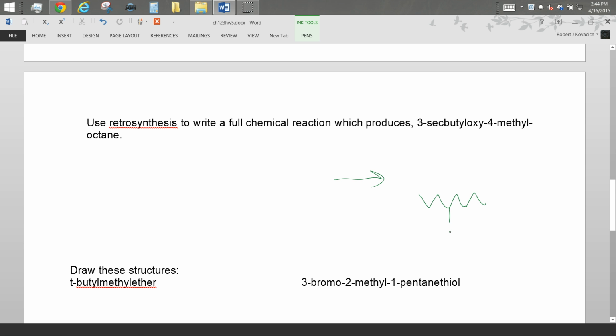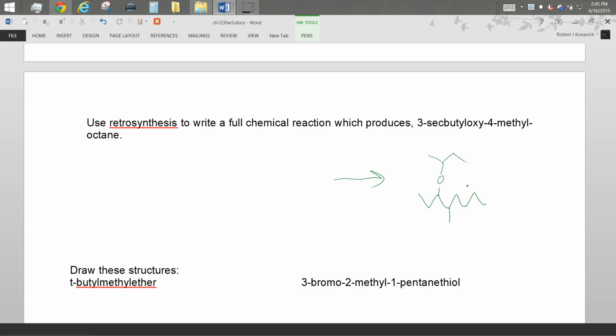I've got the methyl group coming off of number 4 on the octane. What else do I need? Put an oxygen at one. Where am I going to put that? At carbon number 3, I'm going to have a bond going to an oxygen. Then that bond's going to connect to a butyl on our second part. That one was a pain in the butt, by the way, for me. I struggle with it, but